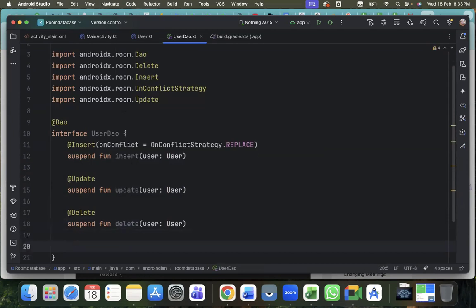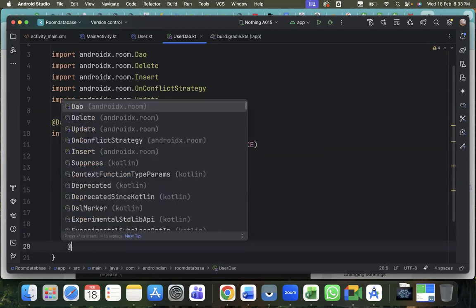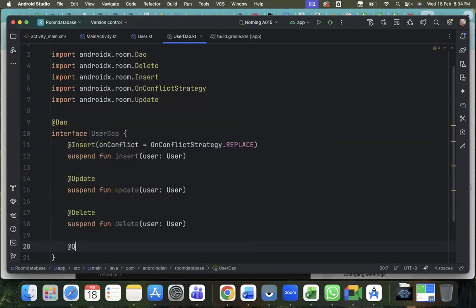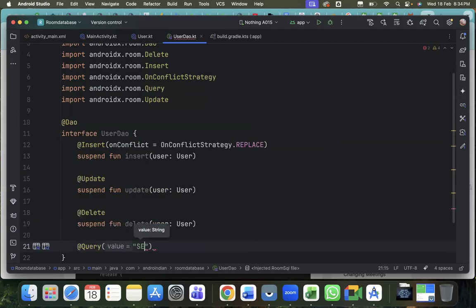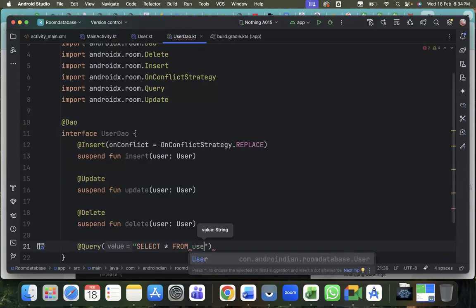Then query select. If you want to select, you have to write the query. See here, the query is also very simple. Select star. For delete, insert and create table they've written wrong, but here no query, simple, we are writing select star from the